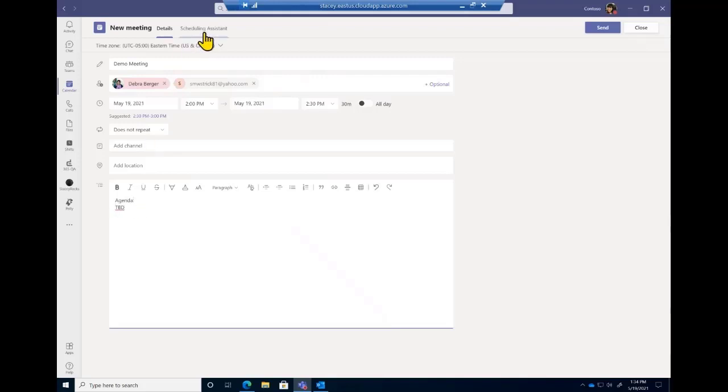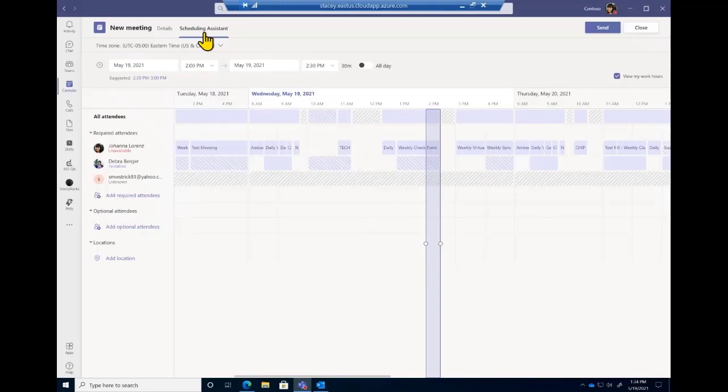And then, of course, the scheduling assistant, like Laura was mentioning, is here. So that rich scheduling assistant that you had natively in Outlook copies over to Teams. So if you prefer this view when you're scheduling for people that are internal to your organization, by all means, don't forget the tabs up top and click on Scheduling Assistant to find what time works best